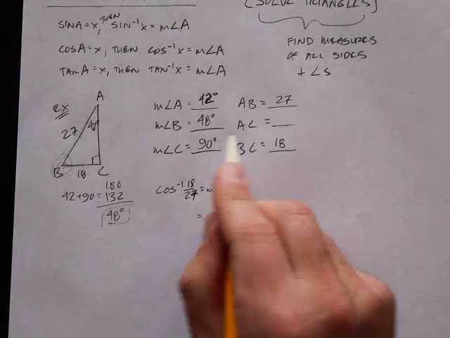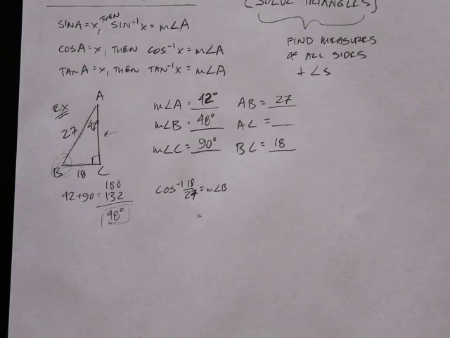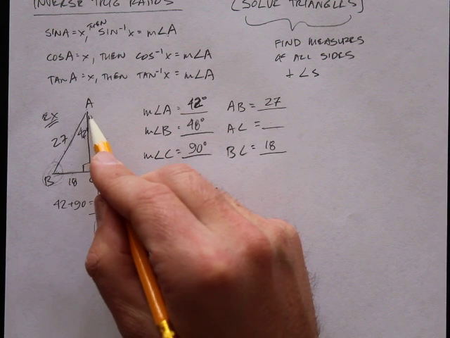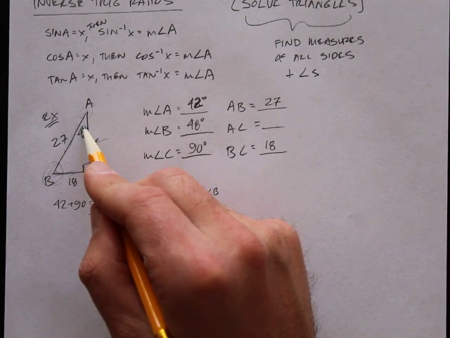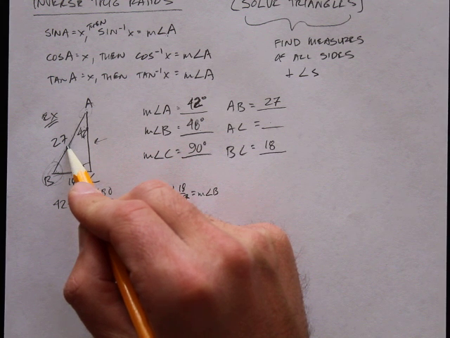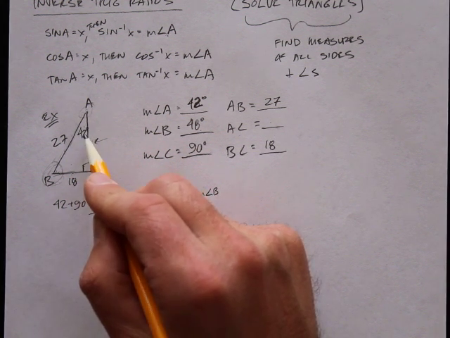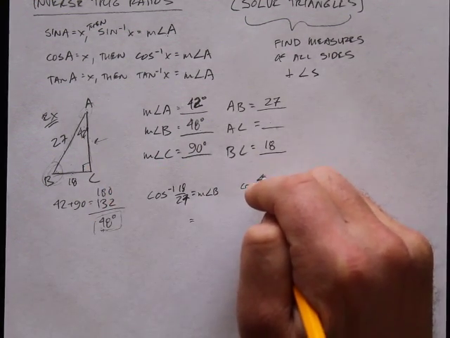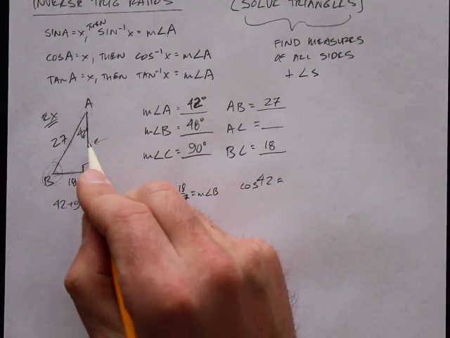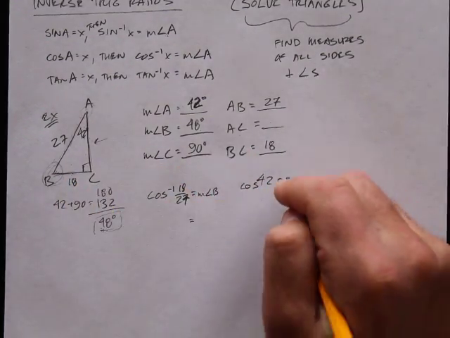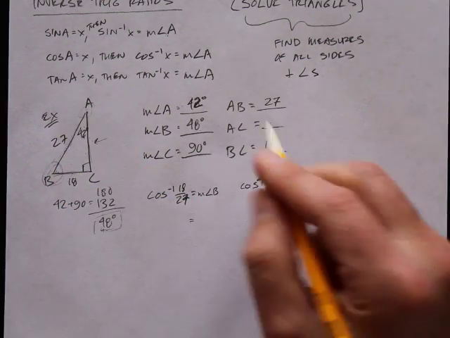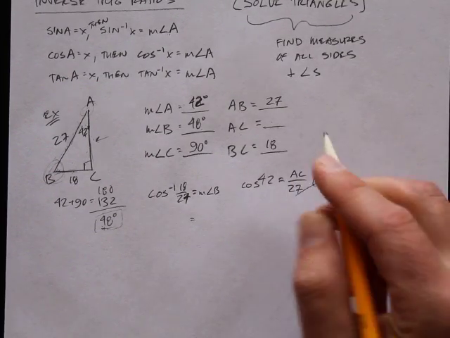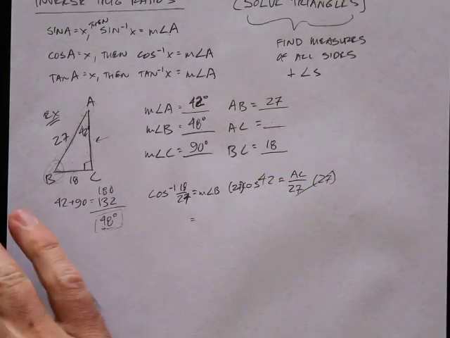Now, AC, I want to find this side now. And the way I'm going to do it is the way that we've already been doing this. So I'm going to look at this angle, 42 degrees, and I've got the hypotenuse, but I don't have this side. This is the adjacent side. So I'm going to say cosine of 42 degrees equals adjacent, which is AC, or I can call it X or whatever, over my hypotenuse, which is 27. So now I'm going to multiply both sides by 27, and then I put this into my